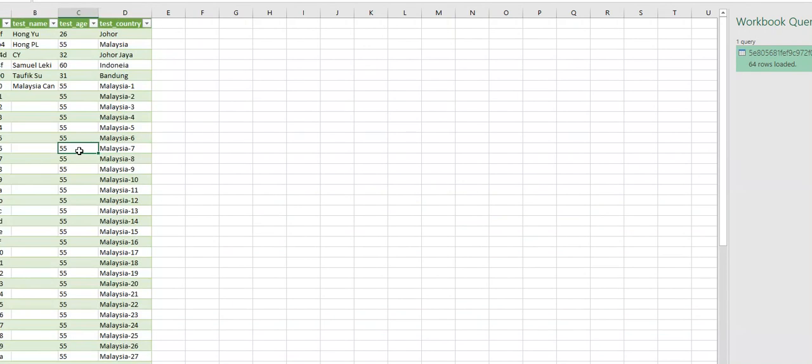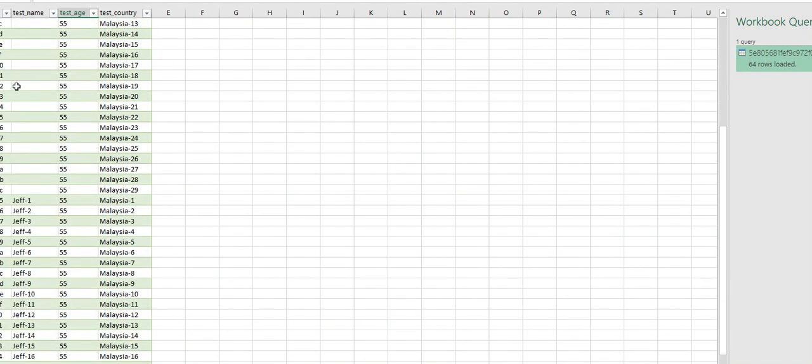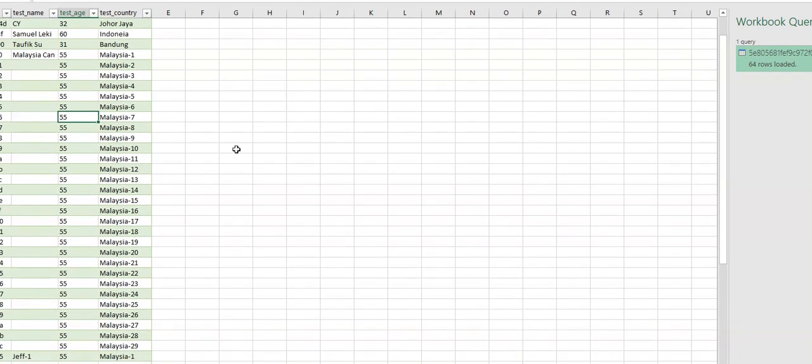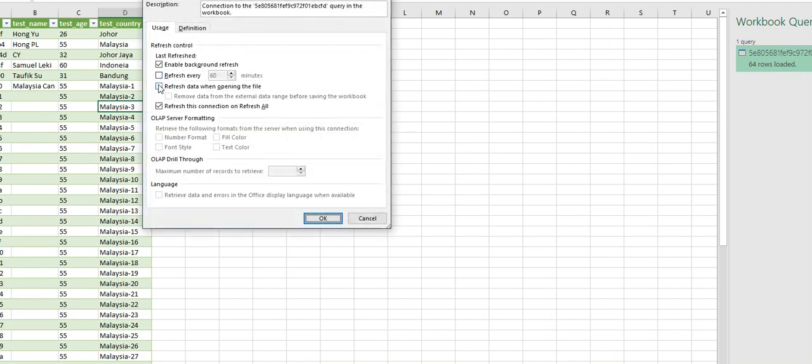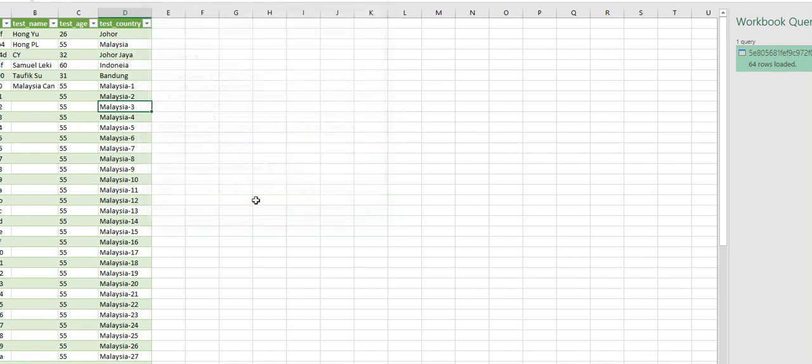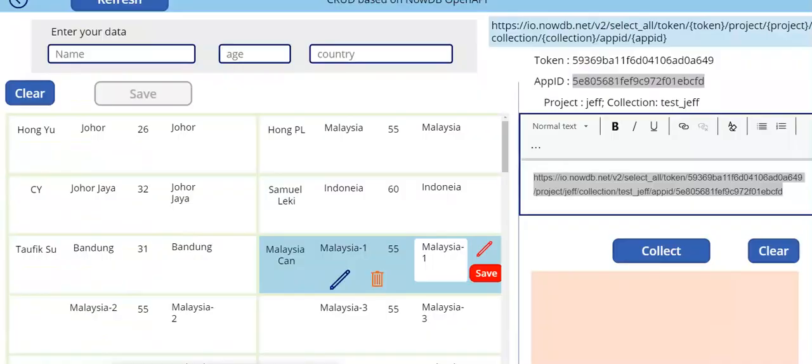You can see just now you don't see all the data, but now you can see all the data, from this empty data to here. You can always either refresh now or refresh all. Maybe you have different sheets, or you may just refresh at every certain interval, or refresh when the file is being opened. Okay, for example, let's enter data here to see what happened.